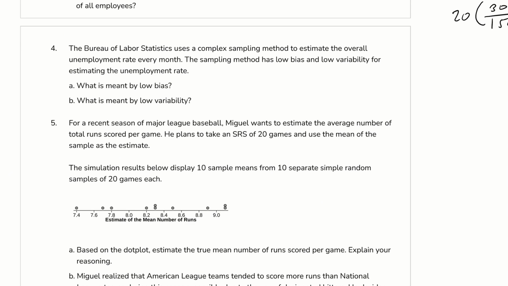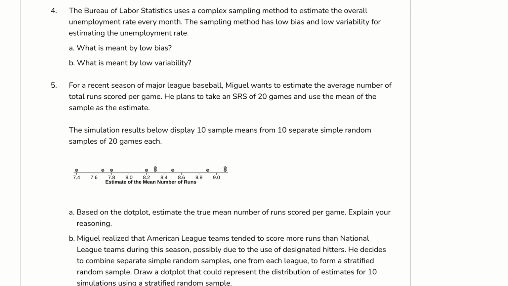Number 4, the Bureau of Labor Statistics uses a complex sampling method to estimate the overall unemployment rate every month. The sampling method has low bias and low variability for estimating the employment rate. What is meant by low bias? All right, so this method that they're using, this complex sampling method, when they're saying it's low bias, it means that their method,